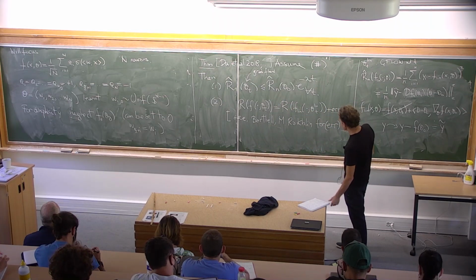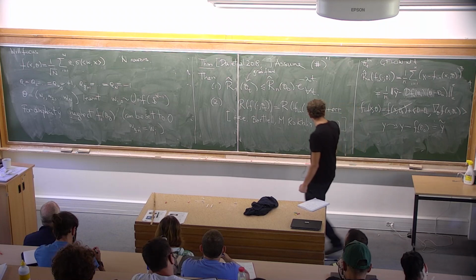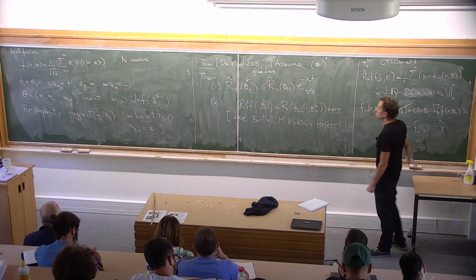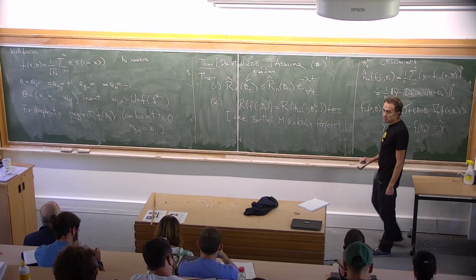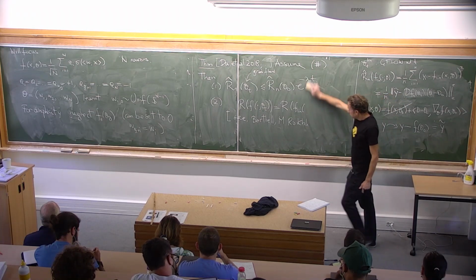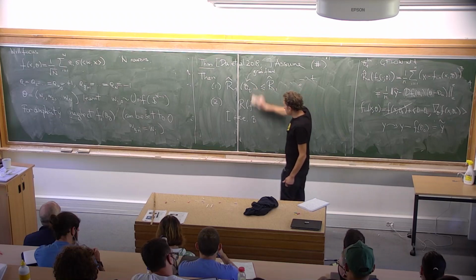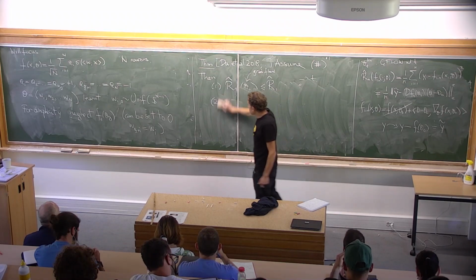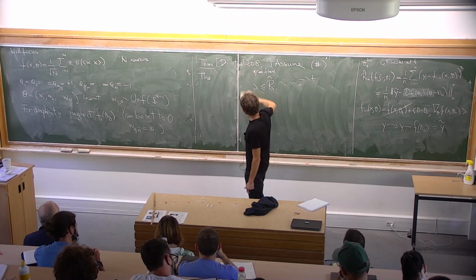Okay, so this is the model that I want to look at. And I want to understand generalization in this model in the linear regime. Of course, this is something that would be interesting to do for multi-layer networks or for other architectures.